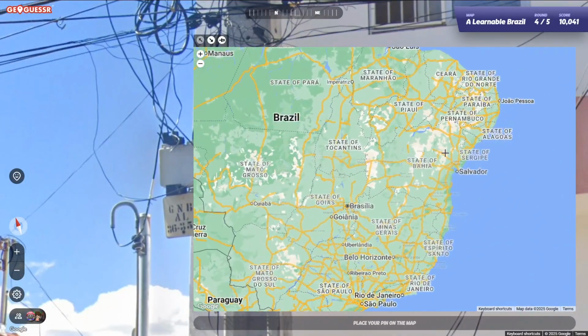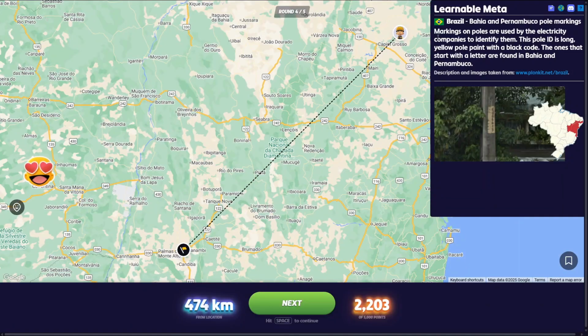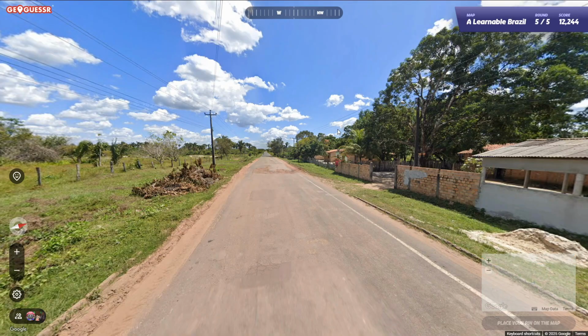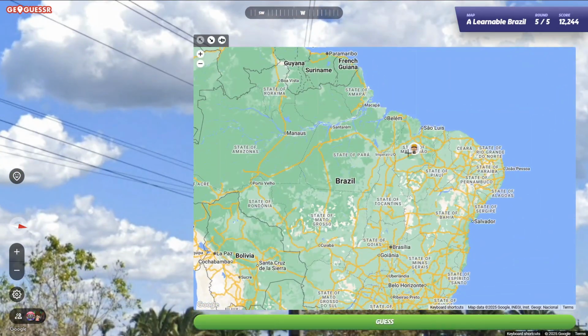That's going to be Bahia and Pernambuco pole marking. Yep. Markings on poles are used by the electricity companies to identify them. This pole ID is long, yellow pole paint with a black code. The ones that start with a letter are found in Bahia and Pernambuco. Nice. Next up, we have Maranhão pole top with these